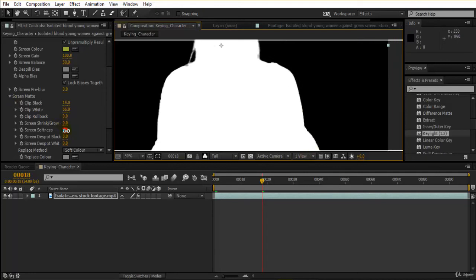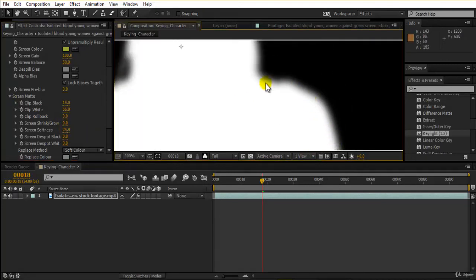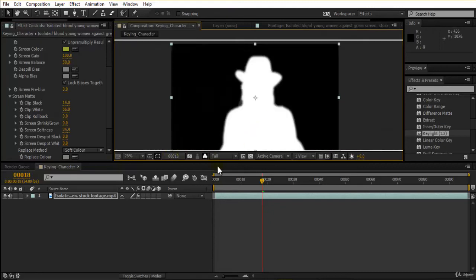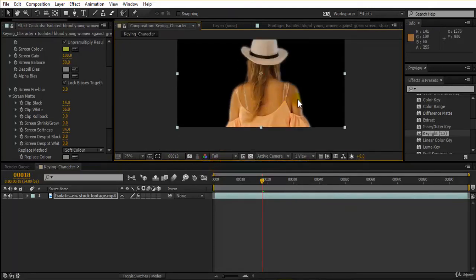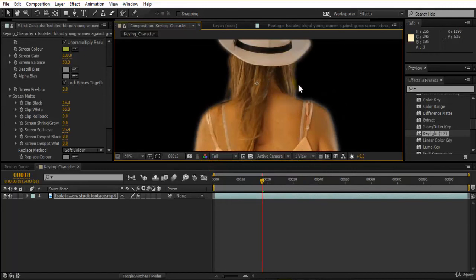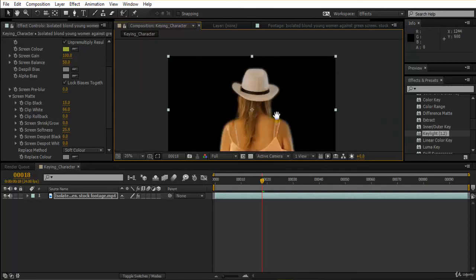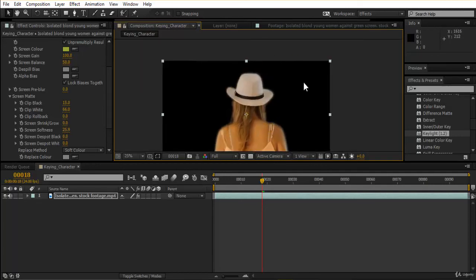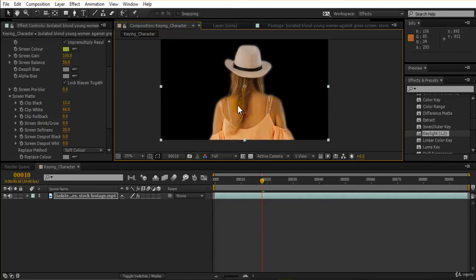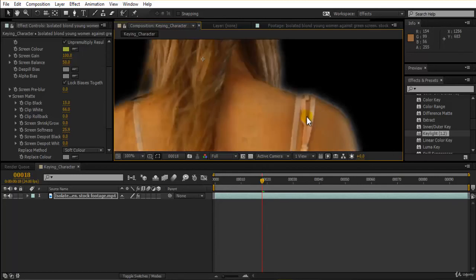So if I increase the screen softness, I get something like this. What it is actually doing is, if I go to my RGB over here, it is actually creating a halo kind of effect, and it's creating an overall glow which I do not want, as the character should look pretty natural. So the moment I blend it with any kind of background, it will look like a supernatural power or something, as it has a pretty glow kind of effect. So I do not want that. So let me turn the screen softness down to 0.